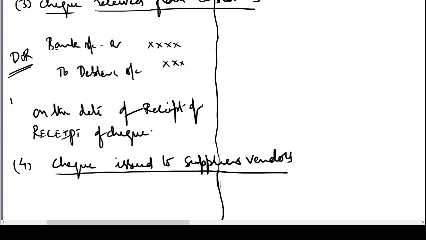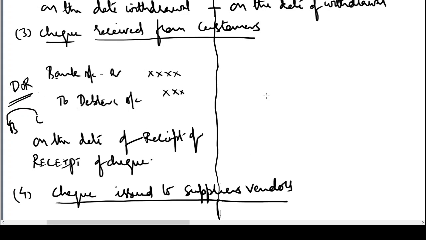So there are two parties here, business and the customer. We are assuming that on the date of issue of the check, when we have received the check, money has come from the bank account of the customer to the bank account of the business. We are assuming that, okay, and we are passing this entry. Now, what will be the entry in the books of the bank? The bank will pass the entry, customer account will be credited,